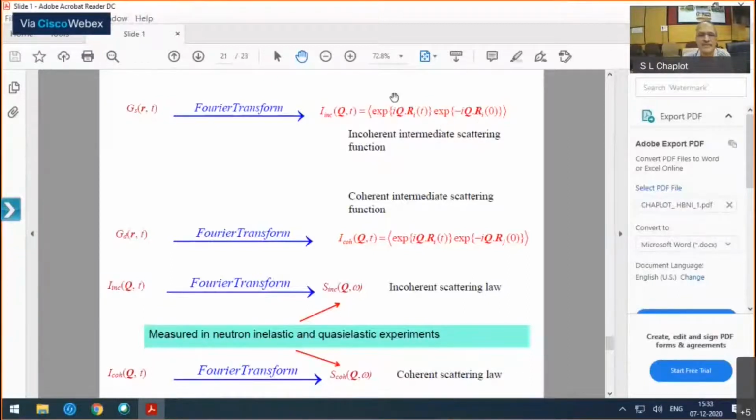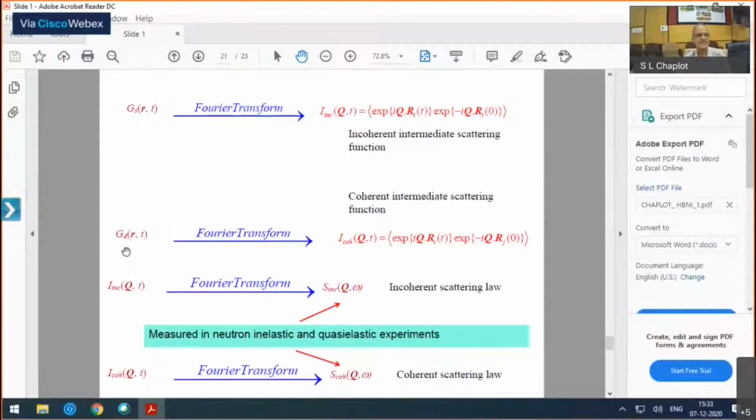Okay, you have I of t because it's the same atom involved. So the position of atom I at time t equal to 0, and the position of the same atom I at time t. This quantity is a suitable average over the number of particles we have, and also over the time differences. You can choose your origin at any time, so it is the time difference 0 to t that is relevant. This is called the incoherent intermediate scattering function. Intermediate because we have done the Fourier transform only over one variable.